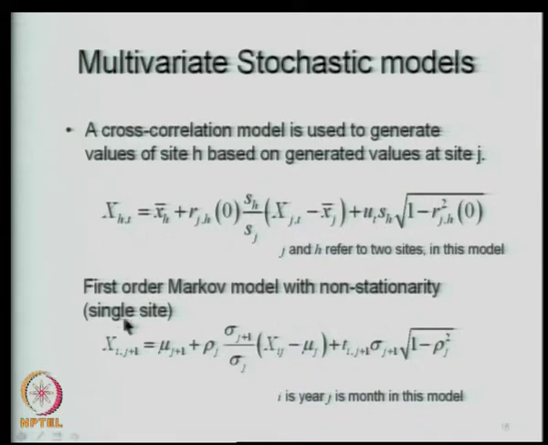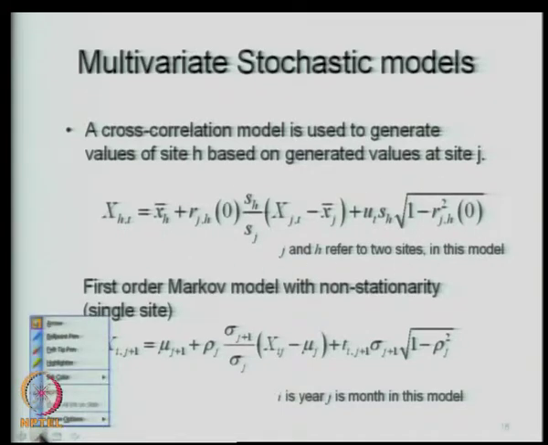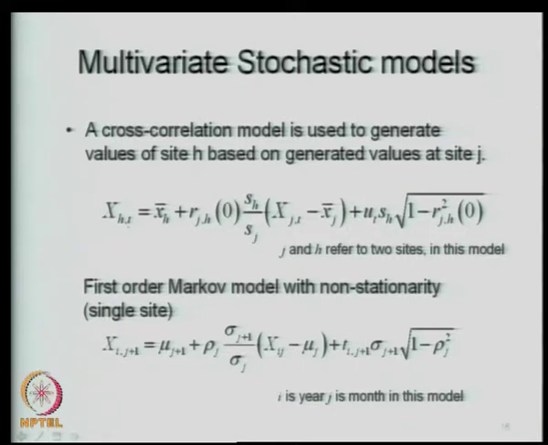We use this particular model either in stationary form or non-stationary form. We will start with the stationary form here, where on the site h you want to generate the values here. So, you will use this particular model and then generate for site h. This has to be t plus 1 if you are using time period t plus 1 and you are using the earlier value t, and this is the cross correlation between the site j and site h.